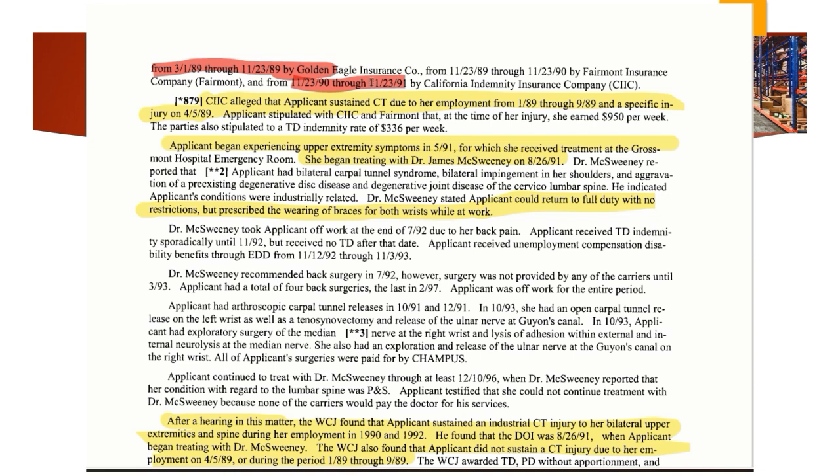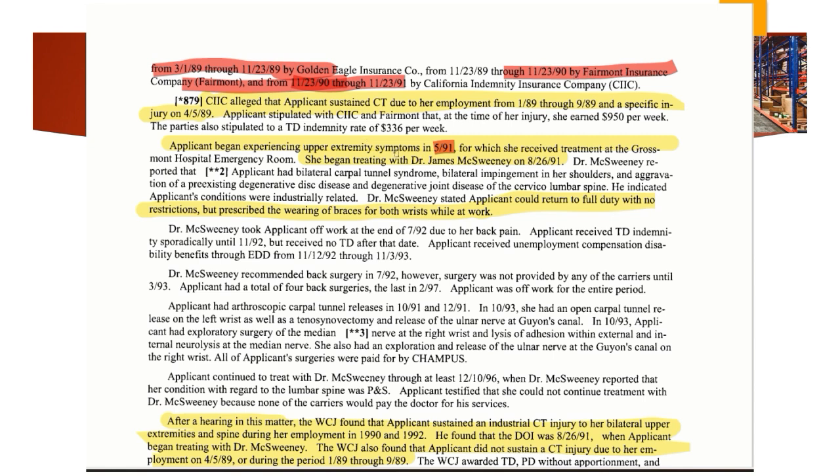But remember, liability is spread over the last 1 year of exposure, depending upon when the date of injury is set. So if the date of injury is set at 5/1/91, right in the middle here of this time period, the 1 year exposure would go backwards from 5/91 up into this exposure period of this insurer, Fairmont Insurance. Okay? So that's what CIIC is hoping, is that the exposure period will go largely back in time to the period in time when there was another insurer to be responsible for the liability.